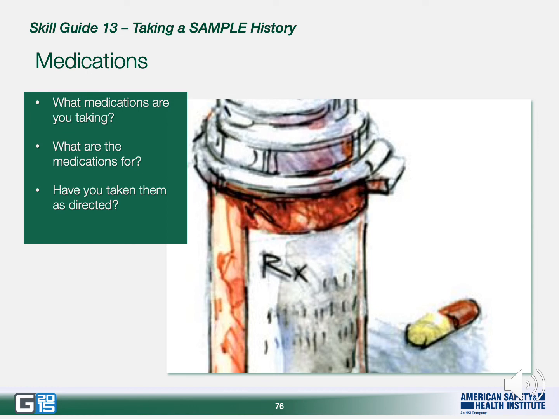Okay, so medications. Are you taking any medications? What are the medications for, and have you taken them as directed? Meaning, did you take more or less than you should have? Some people have a tendency to take it upon themselves to alter their medication plan. Additionally, a consideration should be recreational pharmaceuticals, or even drugs or even alcohol, right? So you can ask them if they've taken anything like that, and hopefully they will answer correctly or give you